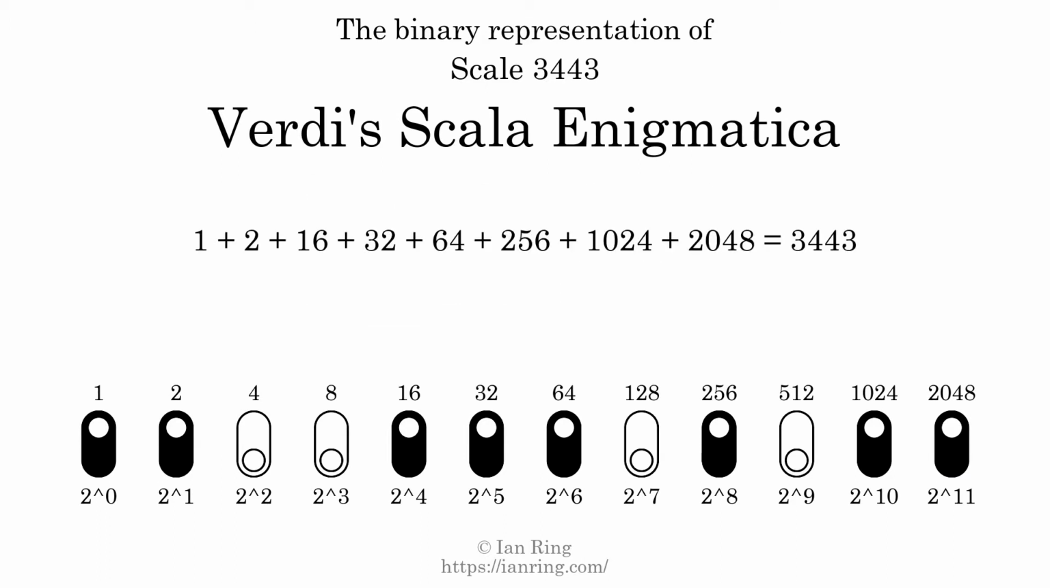The powers of 2 that are present in the scale, all added together, equals 3443. That is why the scale number, in decimal, is 3443. The scale number not only enumerates the scale with a unique index, but it also literally describes the tonal content of the scale. Represented as a binary number in base 2, the scale number is